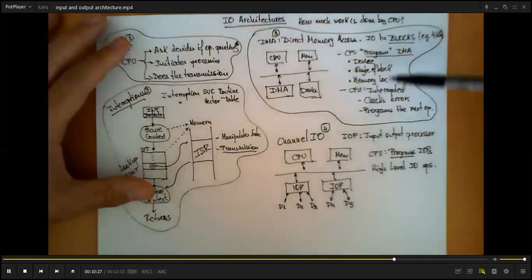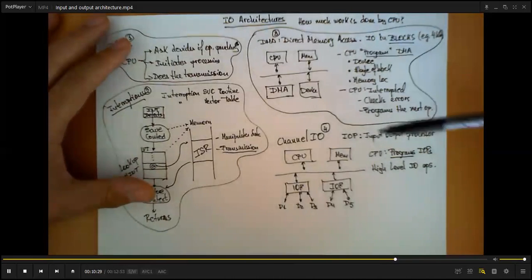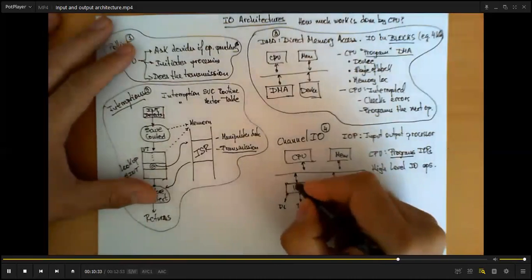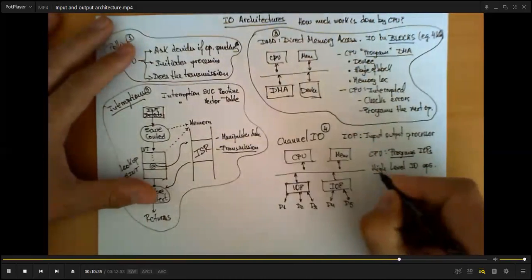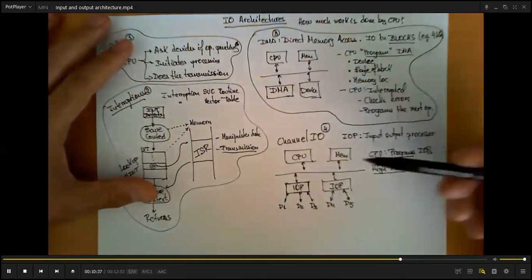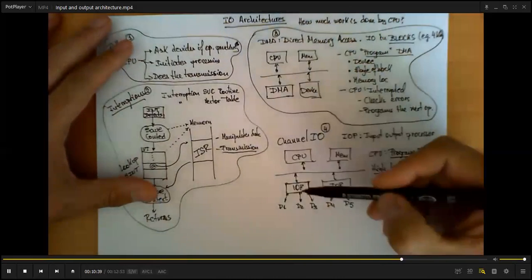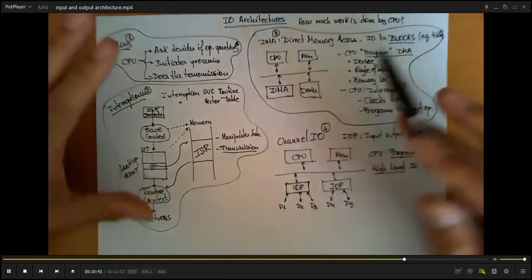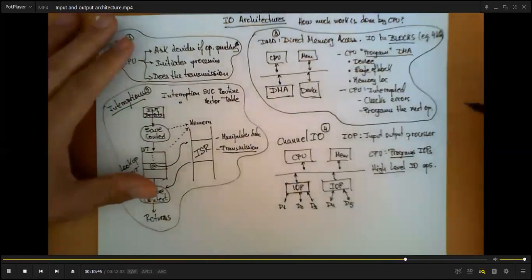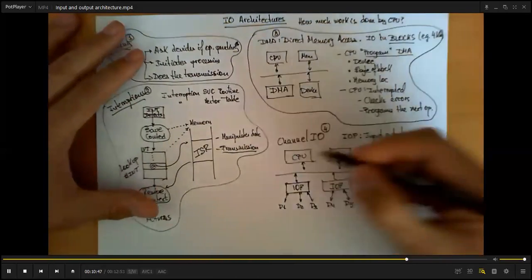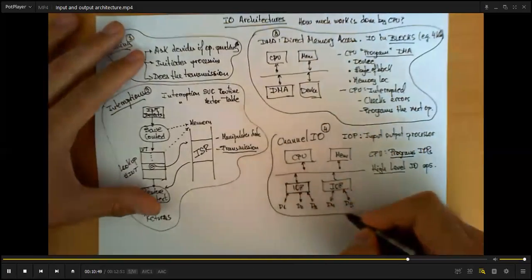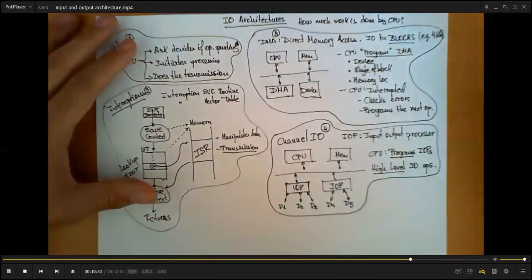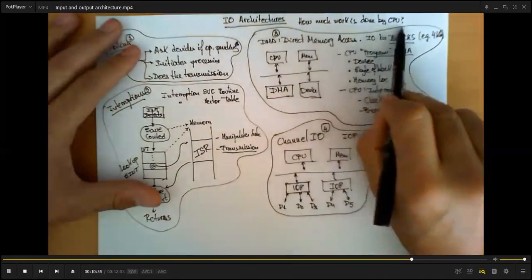In the DMA approach, the CPU would have to intervene every time a block needs to be transferred. IOPs, on the other hand, are capable of understanding higher level input-output operations. Therefore, the CPU would only program the IOP to say this file that you have in memory needs to be stored in disk, and that's it, and then check again that the operation has been done successfully. So as we can see, these 4 strategies for input-output vary significantly on the amount of work that is performed